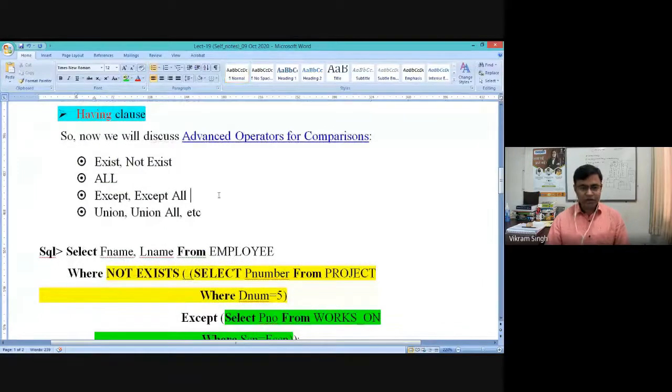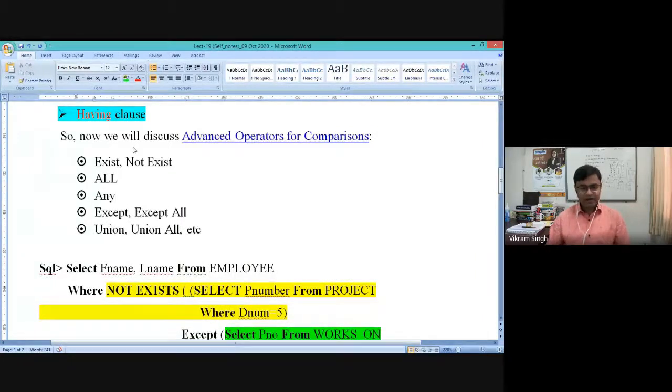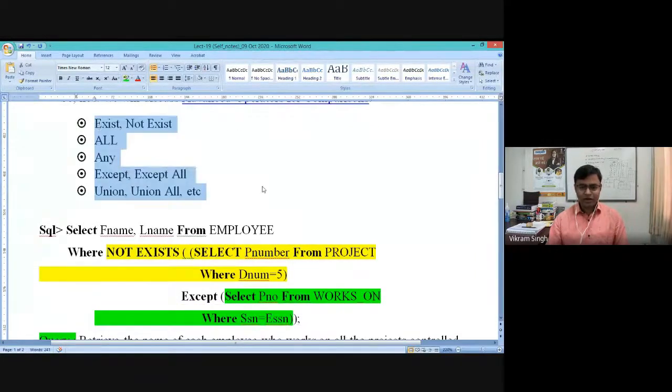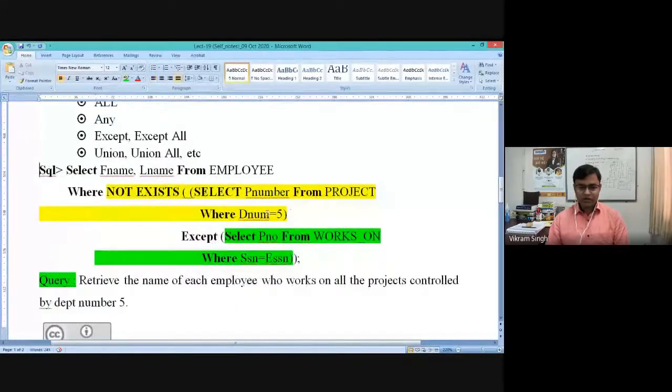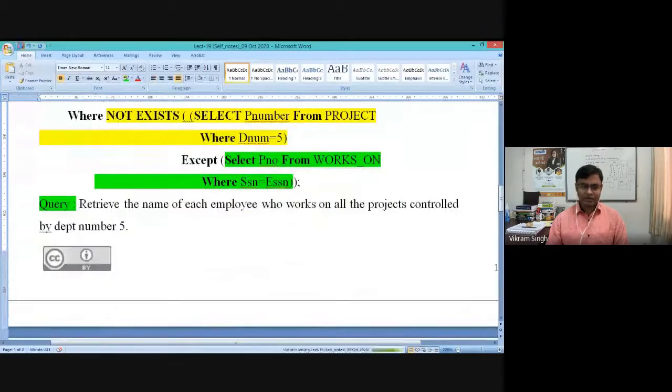Similarly, you can use others also. One of the queries we have discussed: what is the possible query for retrieving the employee names who are getting a salary higher than all the employees working in department number 5? There you can use all, right? Similarly, you can use union all also. There is an operator called any also. There are various operators, I have listed only a few. We are not going to discuss much on these because we will be discussing or experimenting with them in the lab classes.